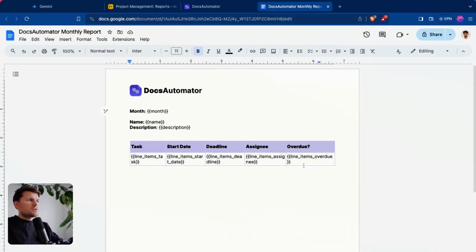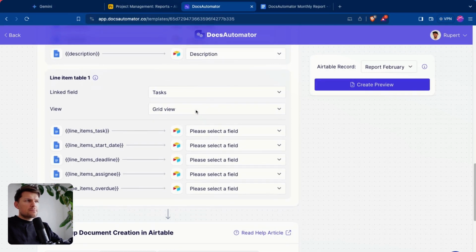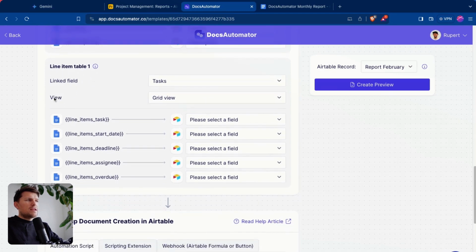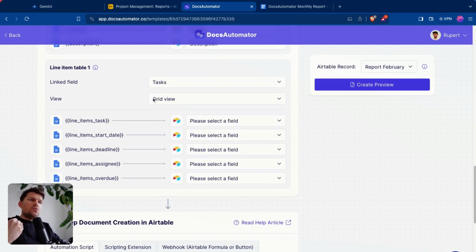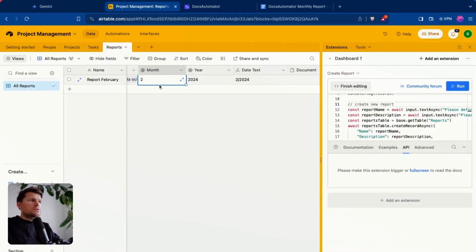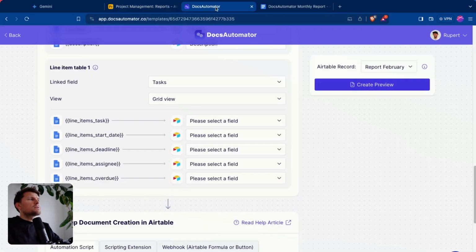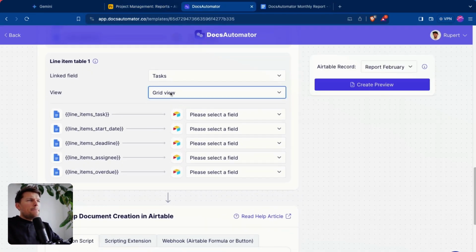So this refers to this line items table here. And here I basically take the task table, and then I could define a view here to only print from a certain view, basically. But this only refers to linked records. So this only refers to records that are linked on my reports table here on my main record, so to speak. But I could select the task this month view here, for instance,